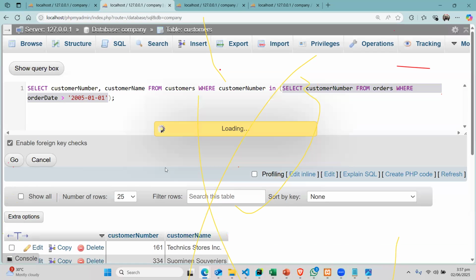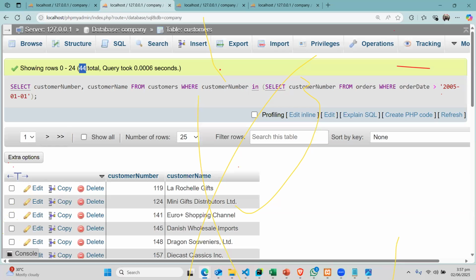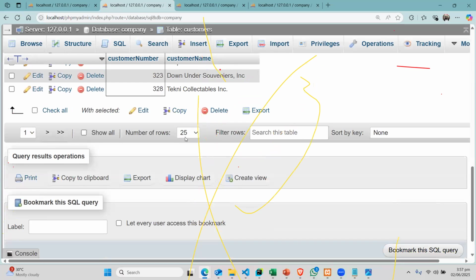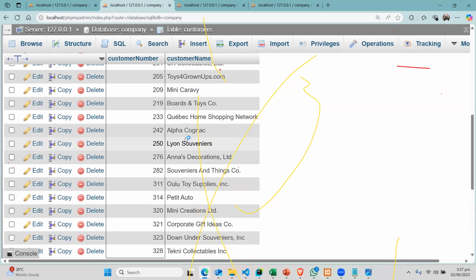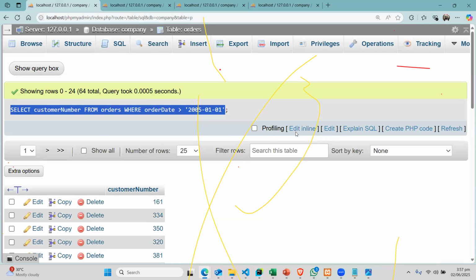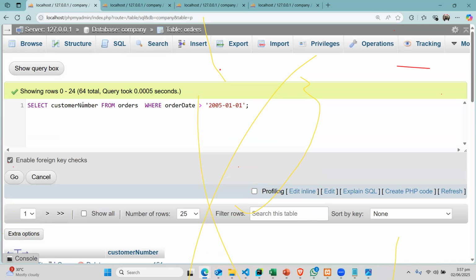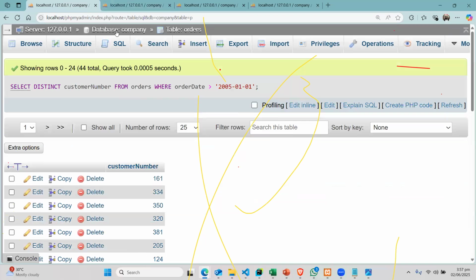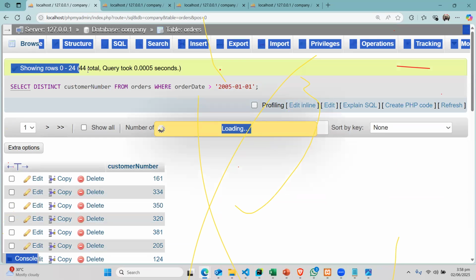And when I run this, it will show me that I have this number of people over here. Note that there are some people who bought items twice. For example, over here, just to make sure there are no repeated values, I can go and say it should be distinct. And when I press go, you see that instead of me getting 64,